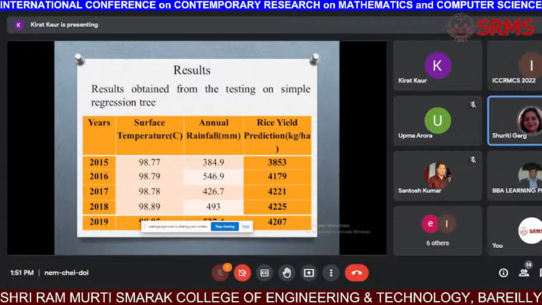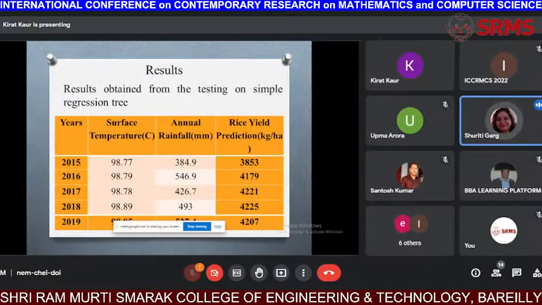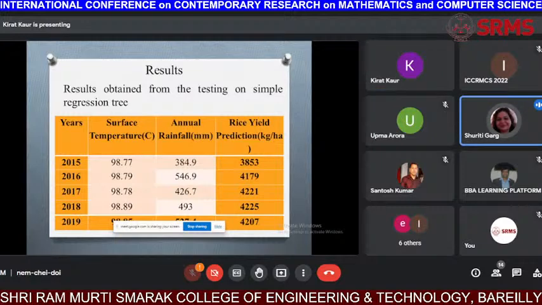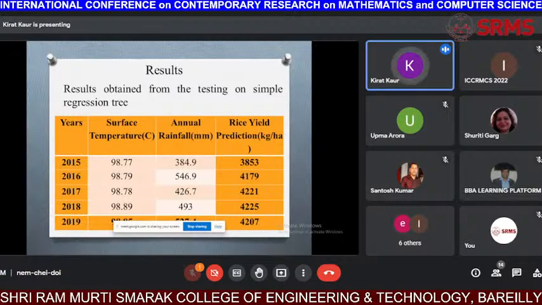It's okay. The data you downloaded online, you have the predicted values and actual values available. But the data you have taken from the farmers, for that data, how did you find the actual data? Ma'am, the data which I collected from the farmers, I noted down, and then I combined that data.